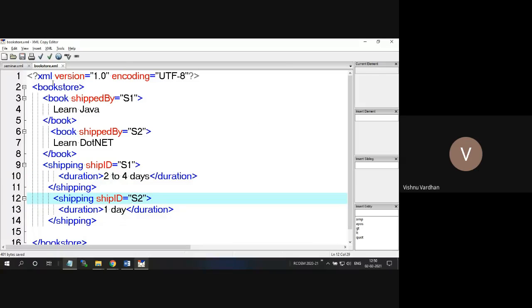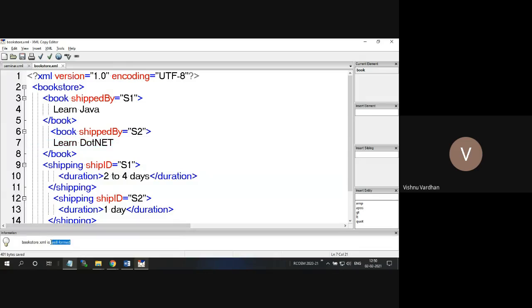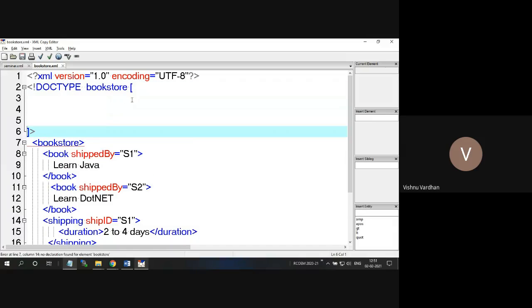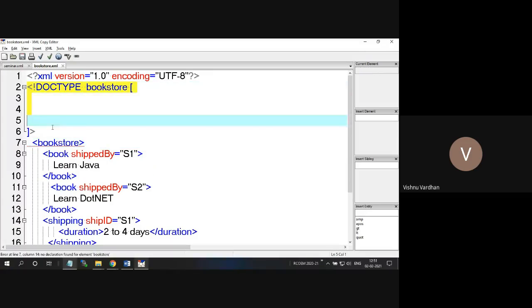Now, before taking the DTD, let us check whether it is well formed or not. Okay, this is well formed. So very good. Then the next step is to create the DTD. How to create the DTD? So take this doc type. What is the root element? Root element name is bookstore. So take this bookstore, open and close, then expand this DTD. So this is the internal DTD